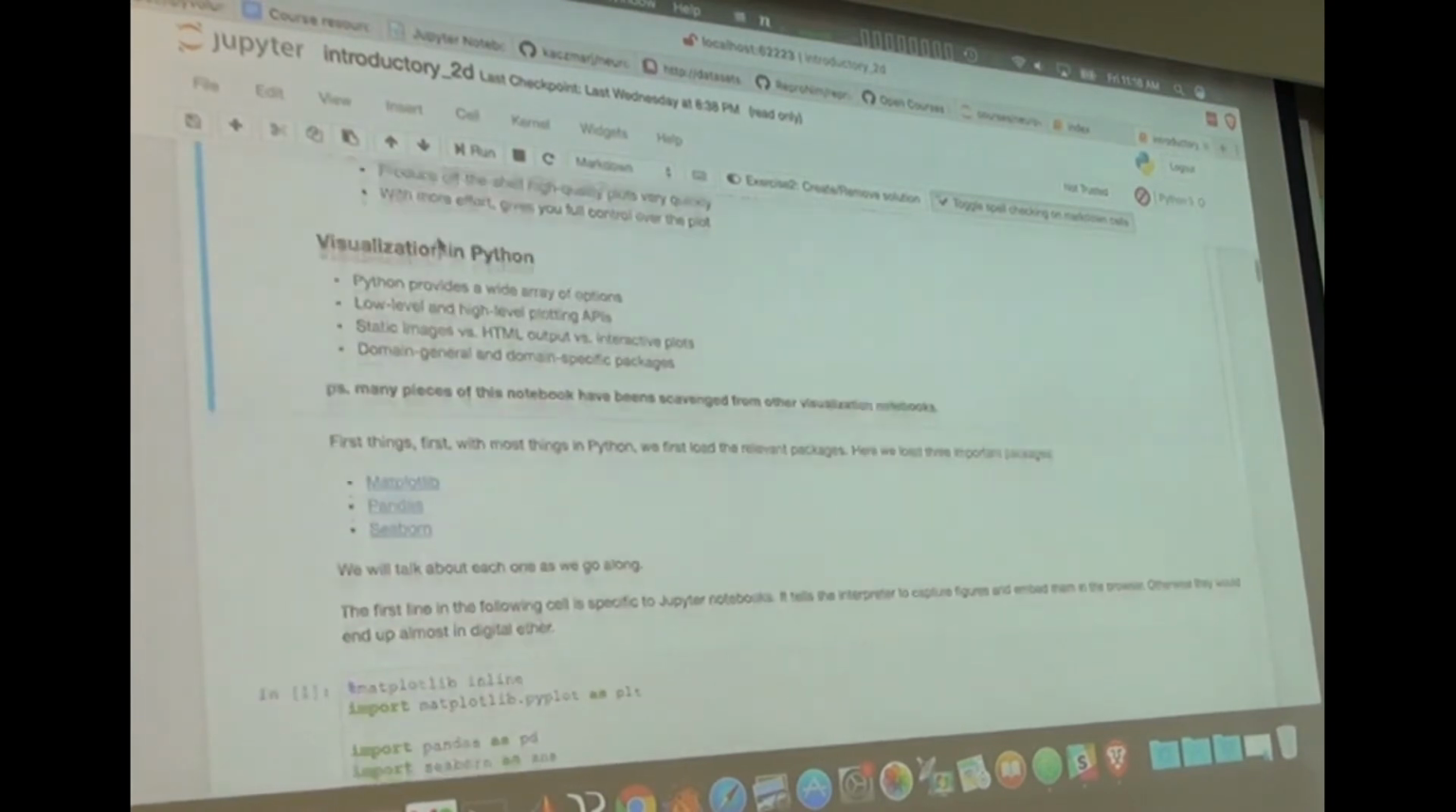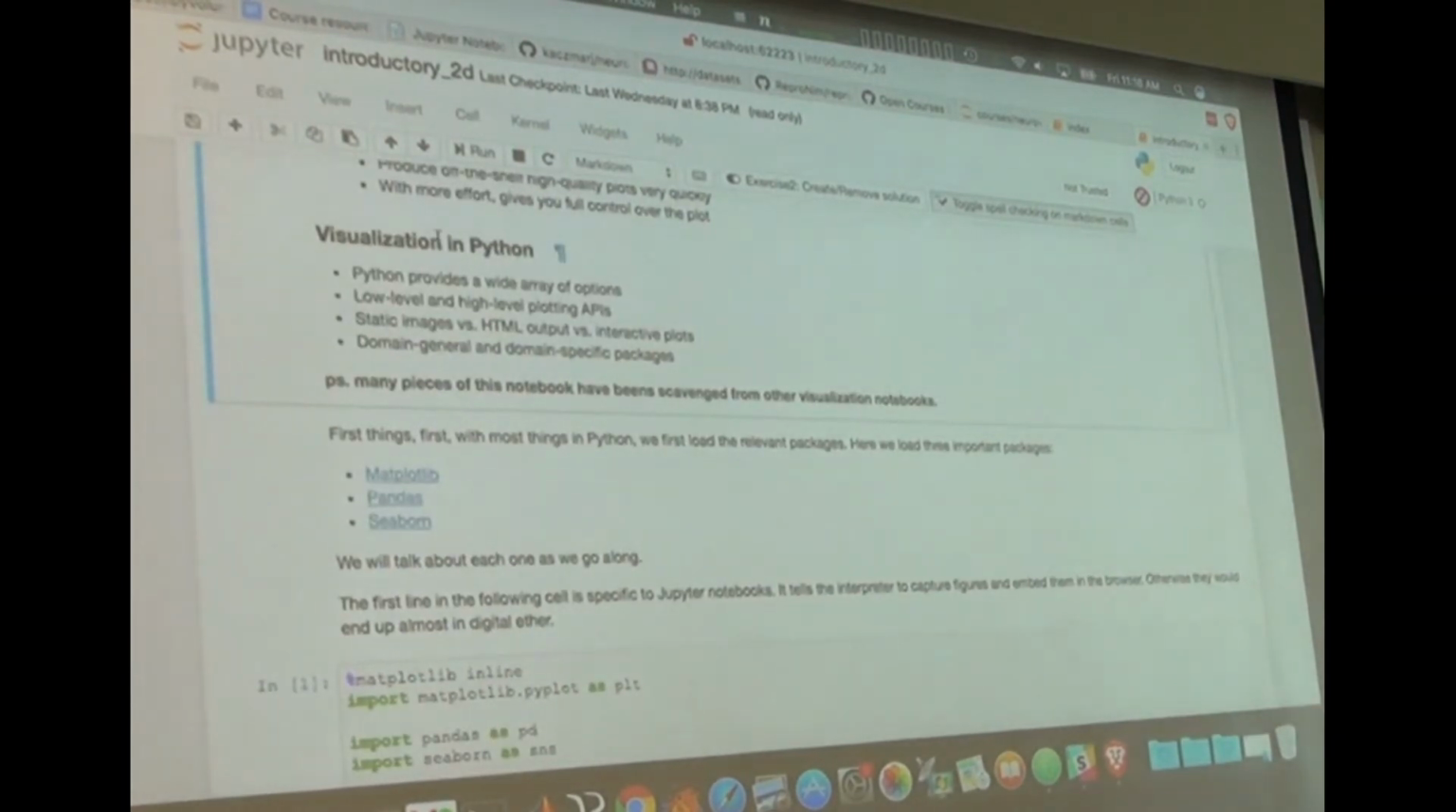So what about visualizing in Python? Python provides a wide array of options. How many people here are familiar with R? Okay, I see a couple of hands. So R has a lot of visualization features. ggplot is a fantastic package in R to do visualization. But since there are only a couple of people,